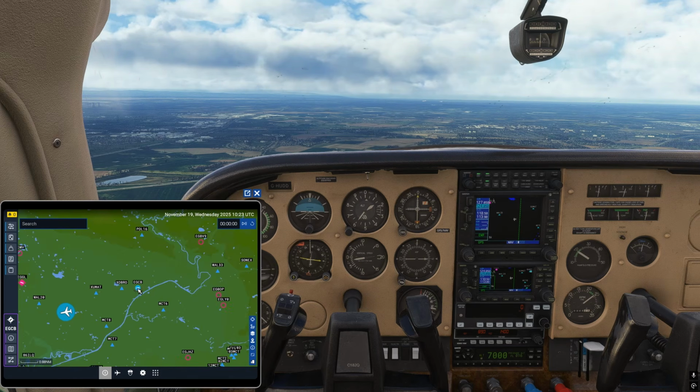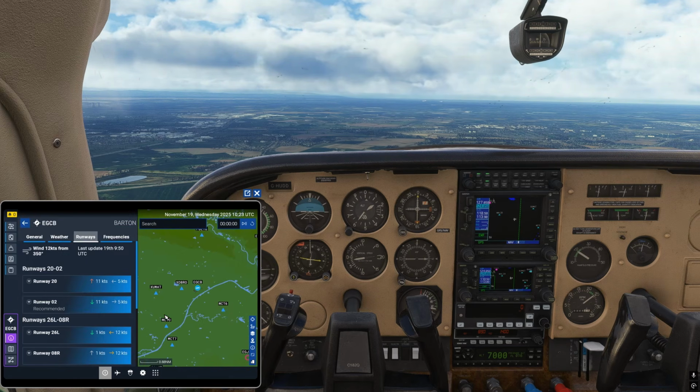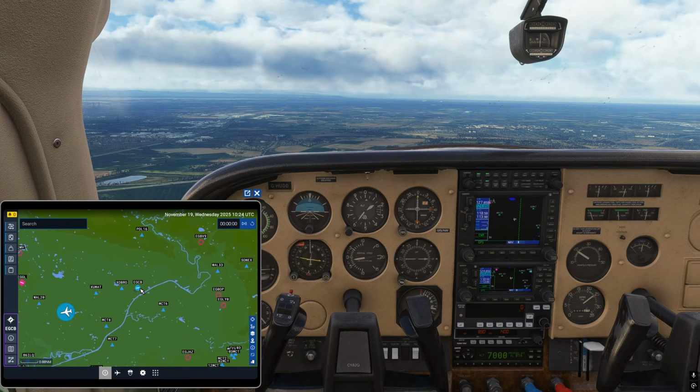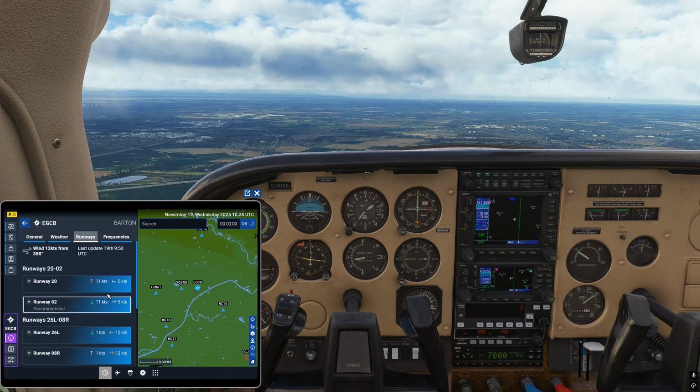This one, if I click on it, show more info. So if that went too fast for you, I just clicked on the airport, left click, show more info. It will give me the layout of the runways, what direction they're running in. As you can see, you've got runway 20, runway 2, they're next to each other in fact, runway 26 and runway